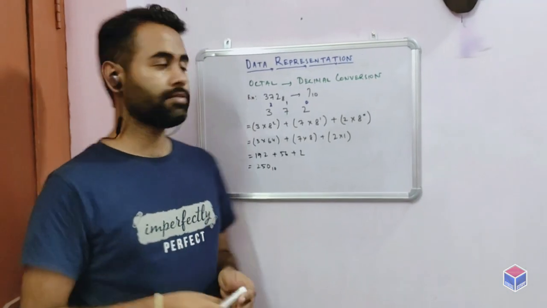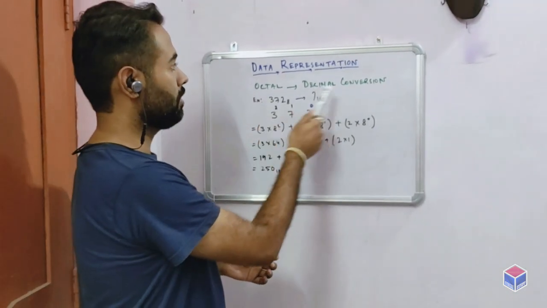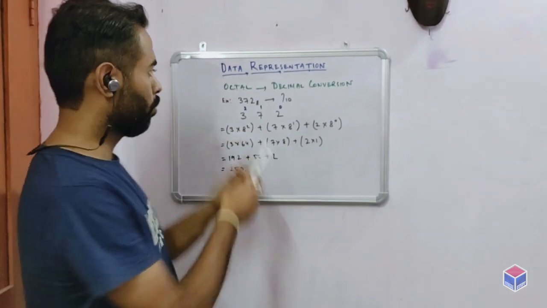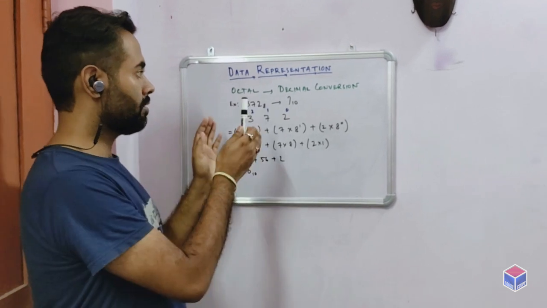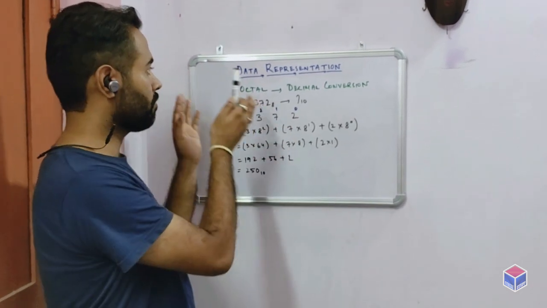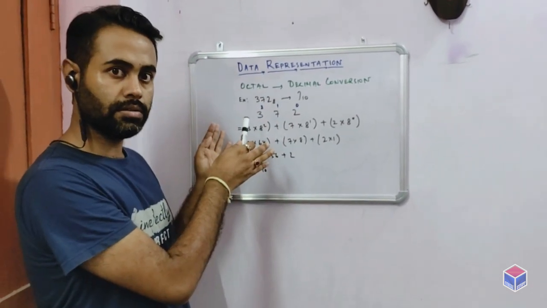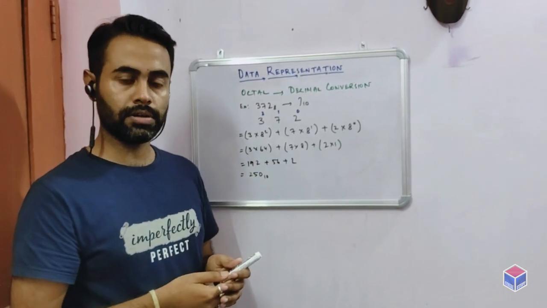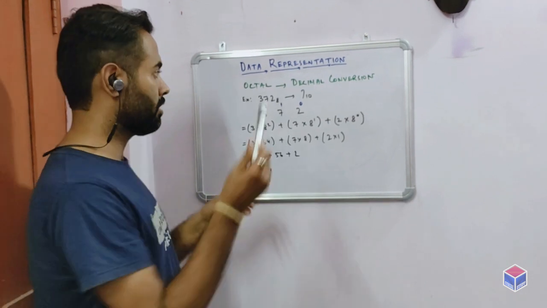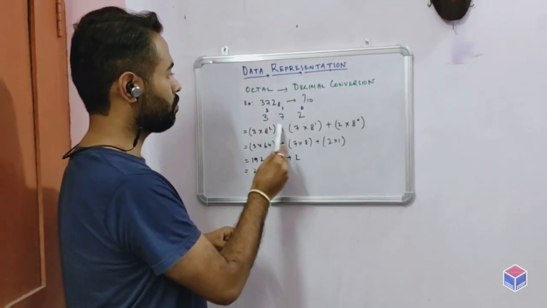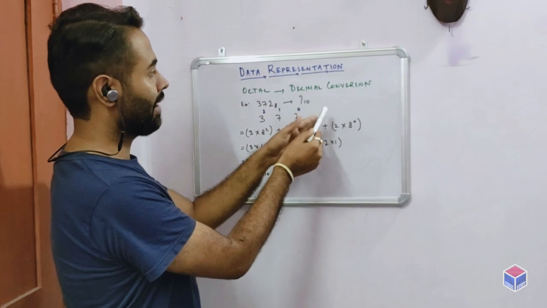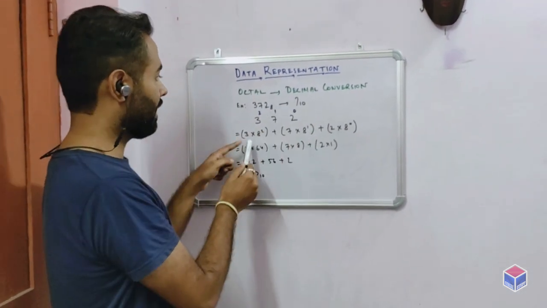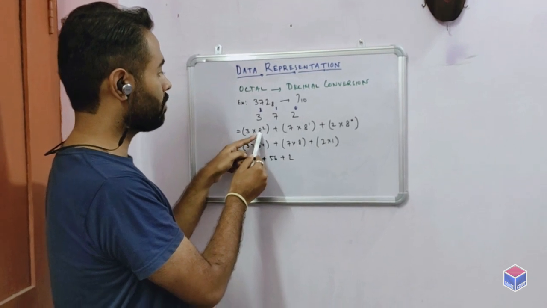Okay, so the next conversion would be octal to decimal, that is base 8 to base 10. Now look into this example. This process is again similar to the previous conversion that we have done, that is binary to decimal. Again, we'll be using the power and multiplication of that particular value and its position. So we have 372. If we arrange 372 from right to left and put the position of its power, we get 0, 1, 2.